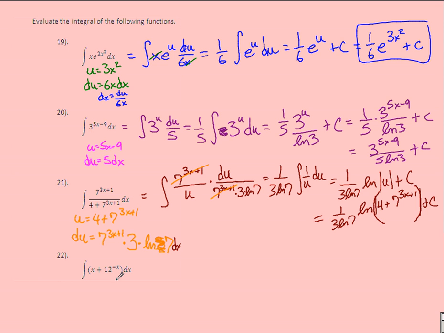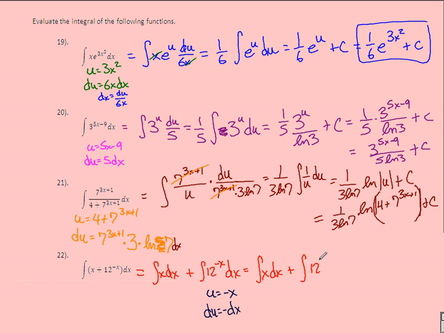Alright, our last one. What we want to look at for this is I can first split this into two different integrals: integral of x dx plus the integral of 12 to the negative x dx. I can do the first one immediately, so we'll hang on to that. But for this, I can make my u be negative x, make du be negative dx, because I can't take the integral with a negative exponent. We don't know how to do that yet. So I'm going to keep the first one the same way. The second integral is now going to be,